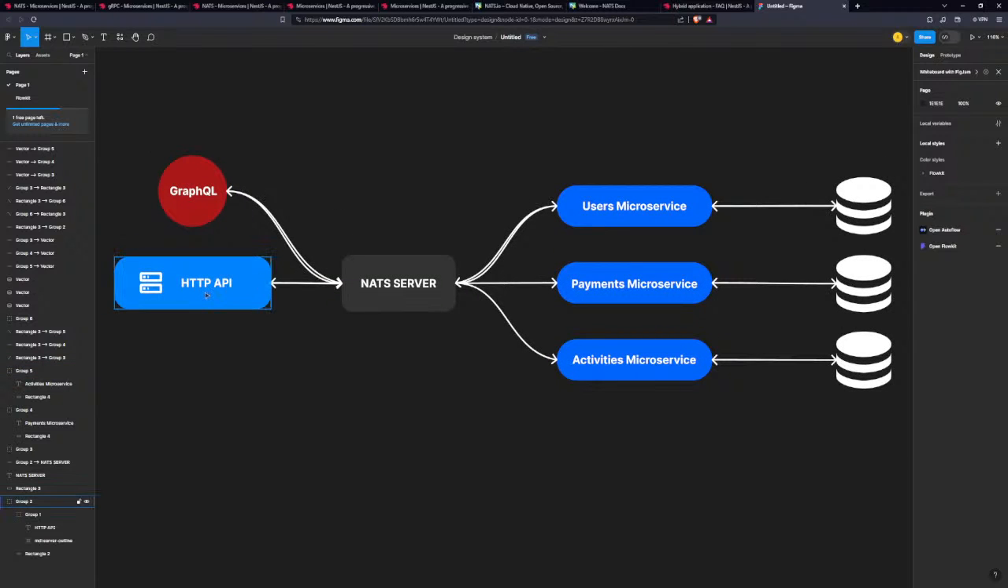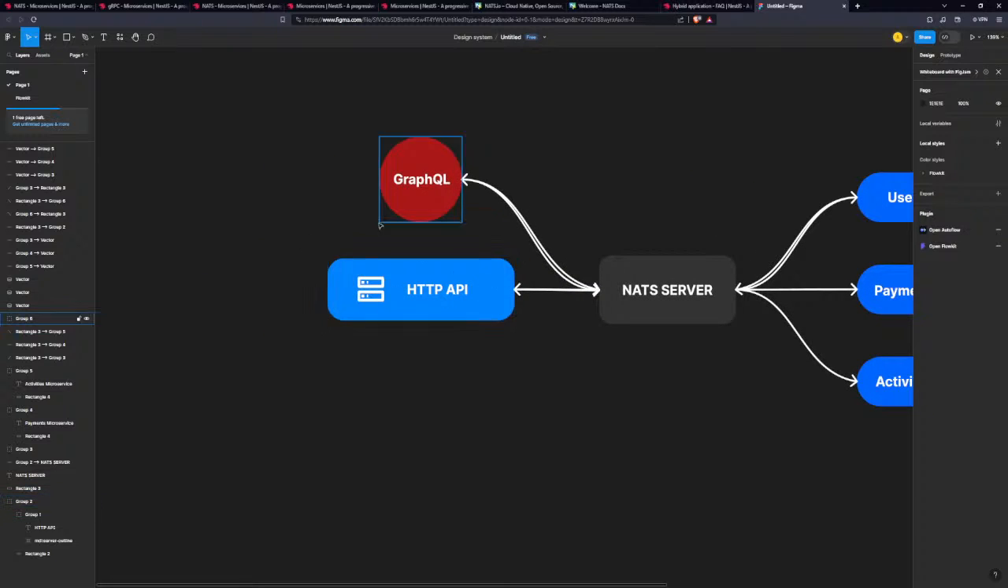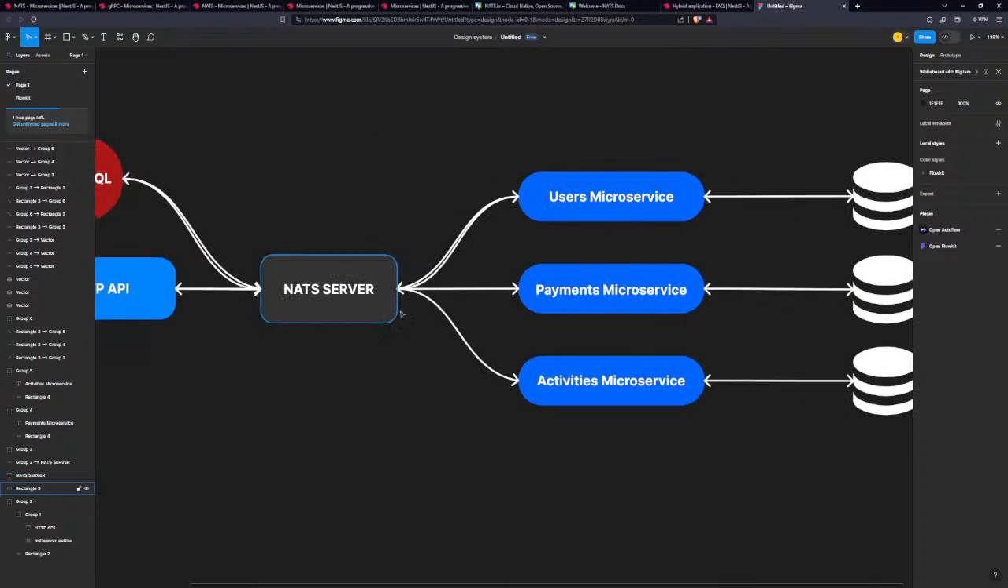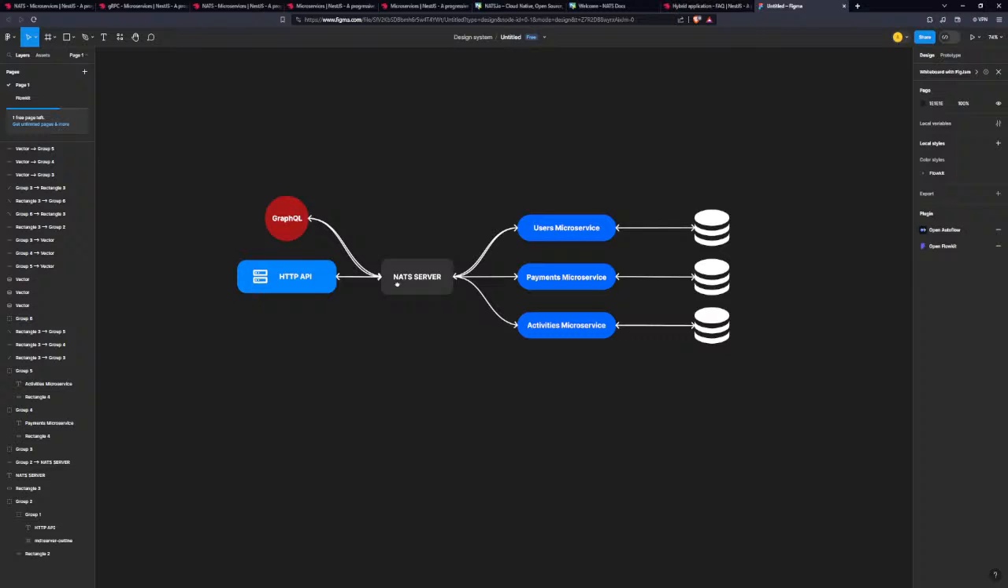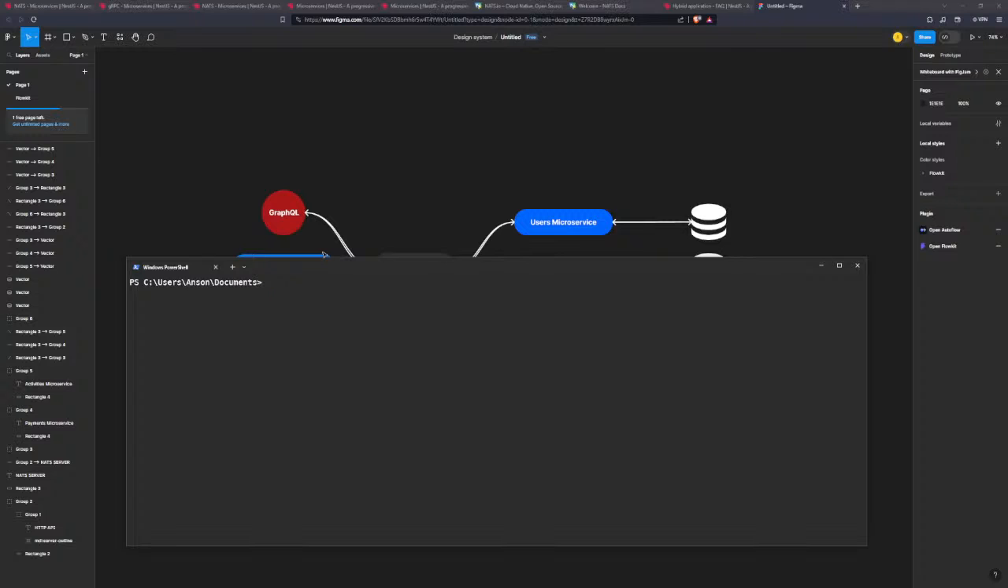So what we need to do is set up this root API. This API is going to take in HTTP requests, and it's also going to connect to the NATS server. We are going to use this API as a gateway into all of the other microservices. So I'm going to go into my PowerShell, and I'm going to create a folder, and I'll call this